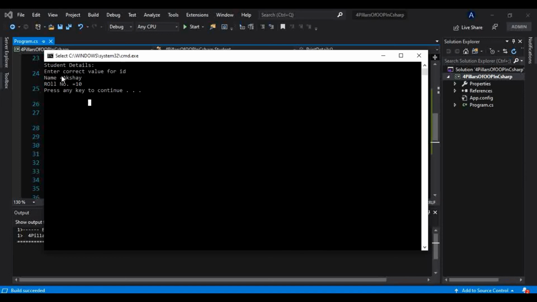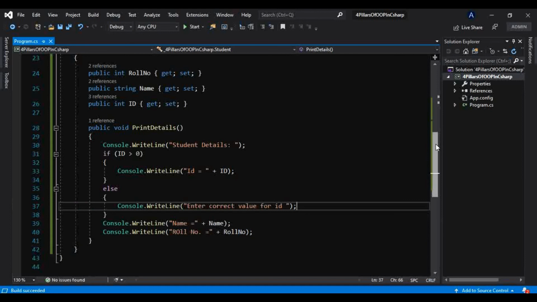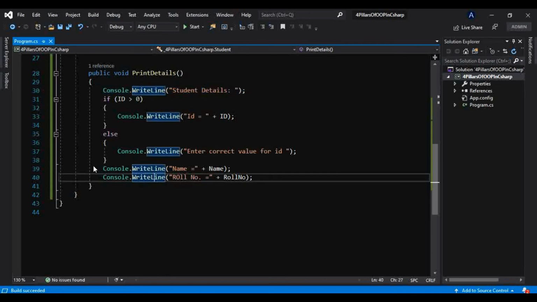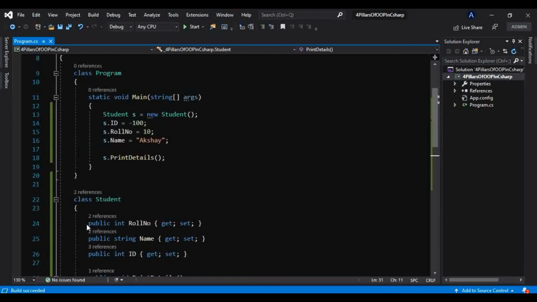But for name and roll number, it has correctly taken those values, because there is no problem. And neither have we provided any validation for that, but I just wanted to show you validation, so I have not used that for every field. This is how you can validate your properties as well. And by using properties, you are making your application based on encapsulation, which is a very good practice. Okay, so this is nothing but encapsulation.